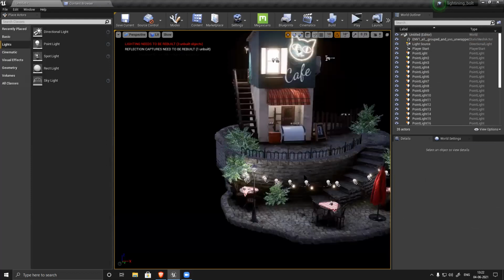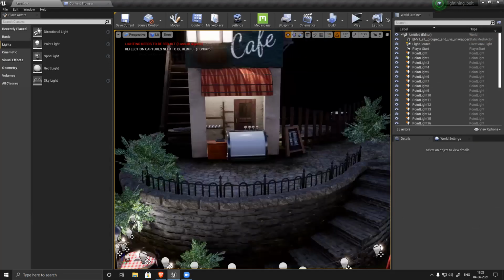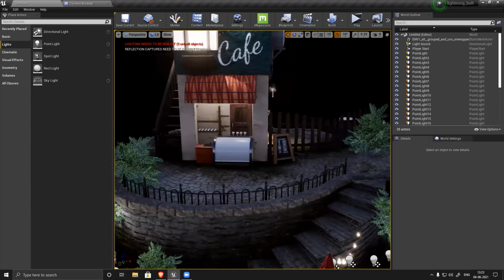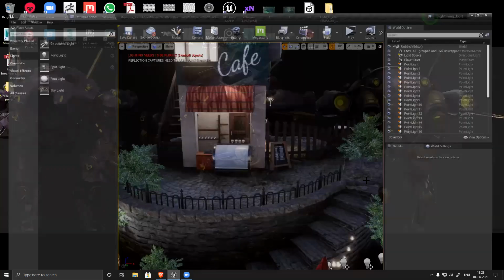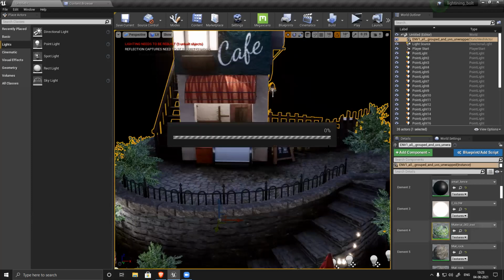Just clean your alpha, it will look really nice. Yes, sir. If I can put the material here within Unreal.